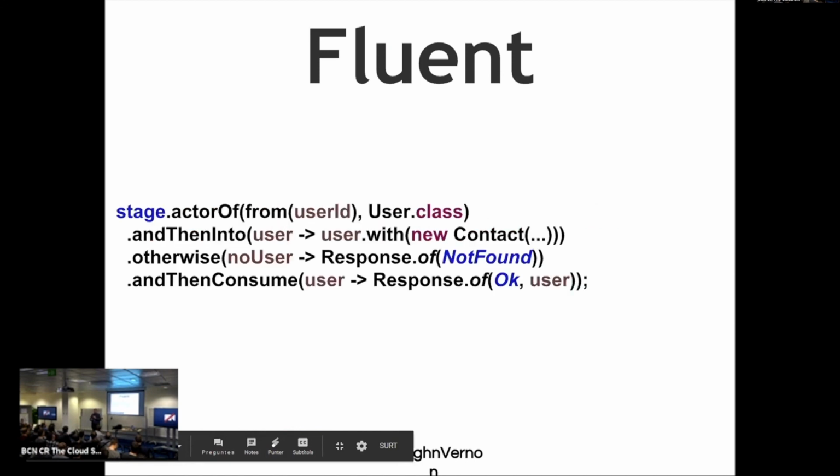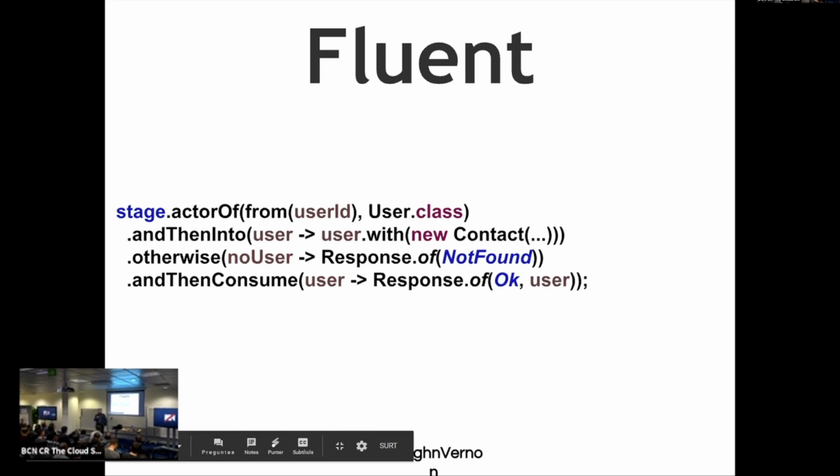And even at the technical level, we can still have fluency in our API, such as, you know, asynchronously, we're looking for an actor that's alive in a stage, and when we get that actor asynchronously, then we can dispatch to that actor fluently, right? So now we're saying, after we find this user actor, we're going to send the message to that user actor, and we're going to get some sort of message back from this, or it's possible that the actor wasn't found at all in the stage.